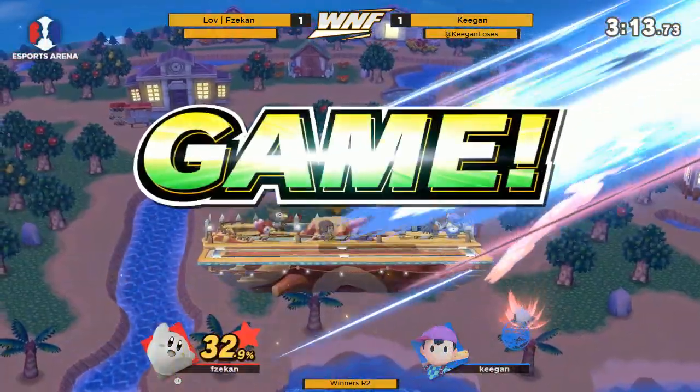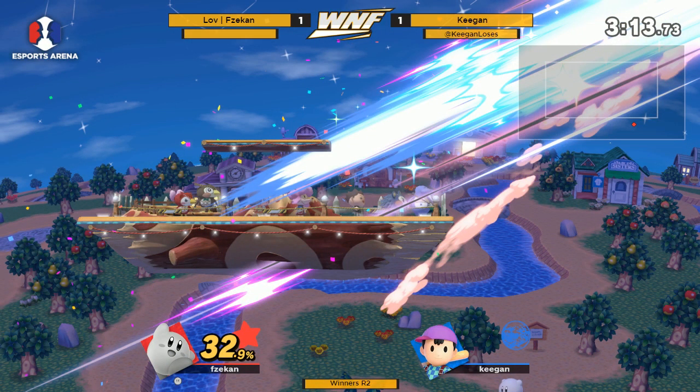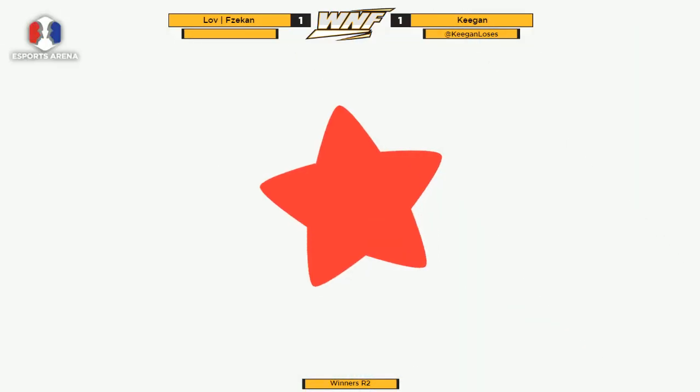And that back air ending, good stuff from Fzekan in there. Completely adjusting his game plan and it worked out fantastically. Yeah, definitely. Able to keep leads at a high percent, which is really important. Once he figured out how to zone out Ness the way he was, it started